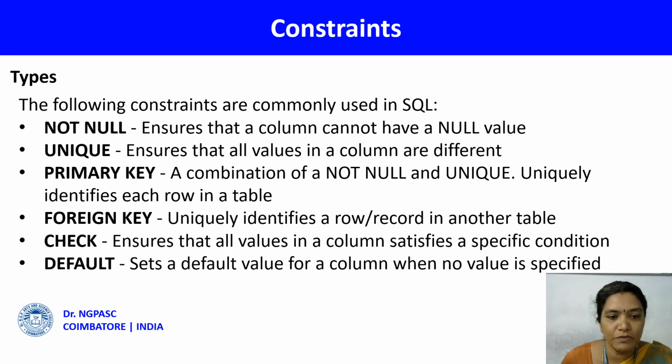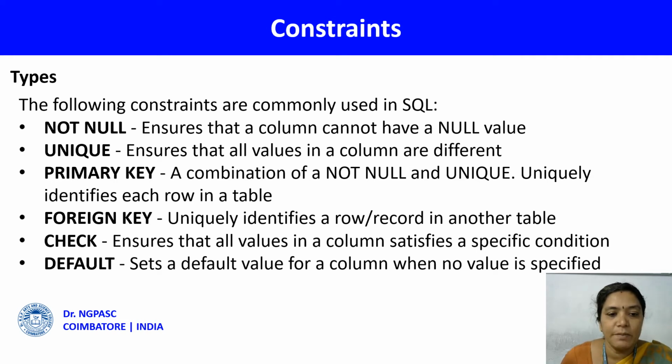The next type of constraint is the check constraint, which is used to ensure that all the values in a column satisfy a particular condition. Whatever condition you are imposing for that column, it should ensure that it happens. Say for example, if I declare a mark column and I want the mark column to accept values greater than 0, and you define a value less than 0, that particular column will not accept the value if it is enabled with the check constraint.